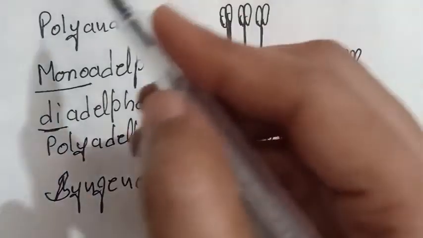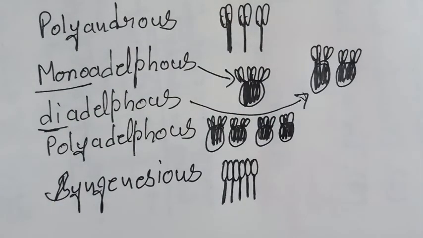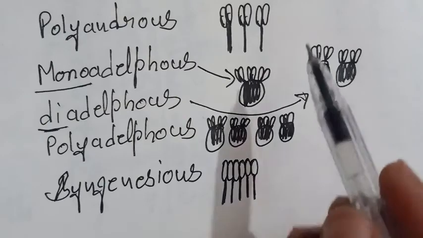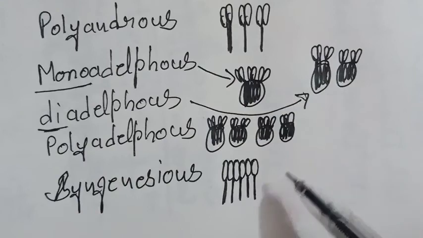And what is the function of all the stamens? Anthers produce pollen grains which contain male gametes. The filament attachment with the anther is such that it helps in pollination, means such kind of arrangement, and the previous arrangements like basifixed, adnate, dorsifixed and versatile, these all arrangements ultimately help in the process of pollination.